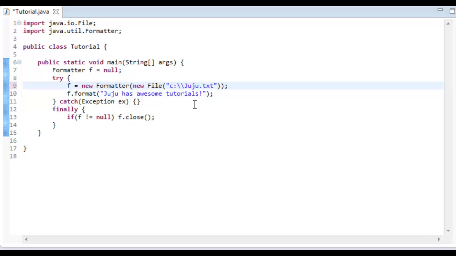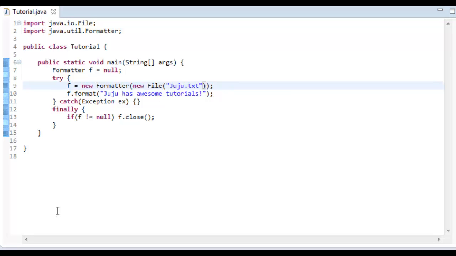The other option you have, but I'm not sure whether it works on all operating systems, is the forward slash. And that could be used too, but I believe Linux has a problem with the forward slash. I'm not sure. That's just a guess. So let's go ahead and run this,